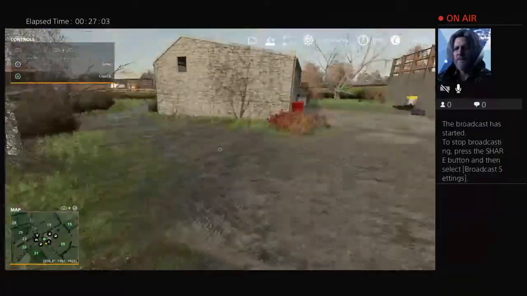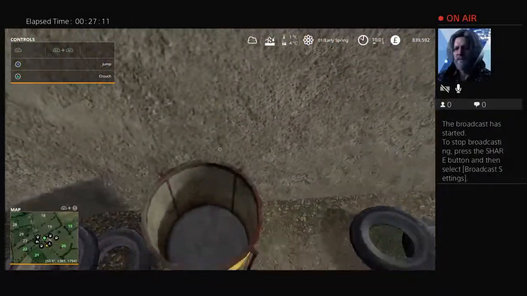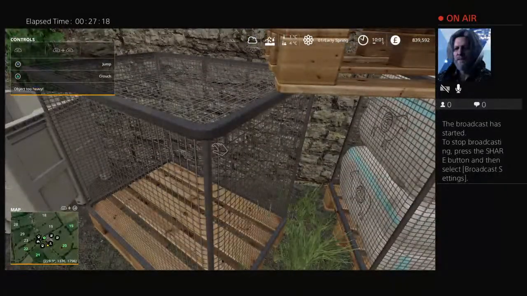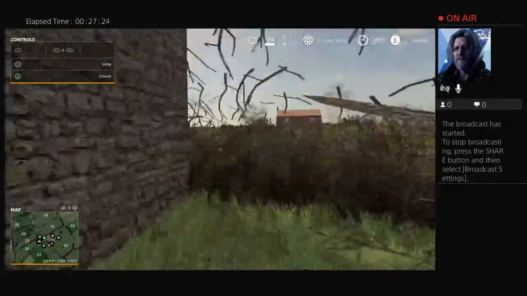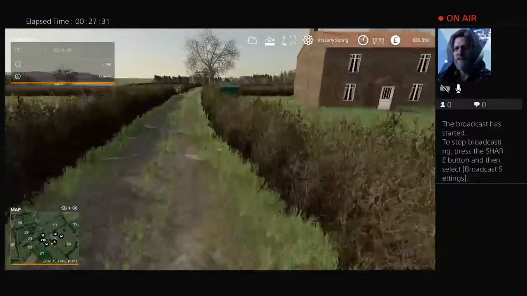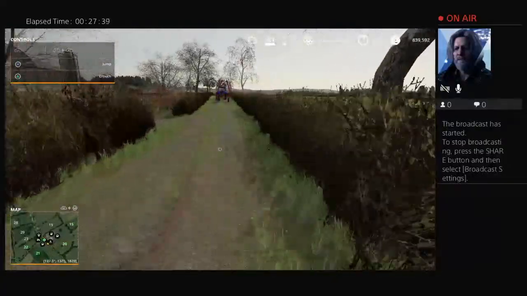Looks like an old wagon trailer. Bunker silo. Ooh. This is where the wool gets made. Object too heavy. Yeah. So yeah, that's where the wool spawns in, I believe, from here. I have to get some wool pallets. Where's the tractor? It's over here, isn't it? Whoa. Yeah, okay. I guess we'll...